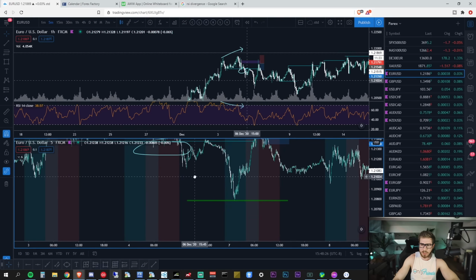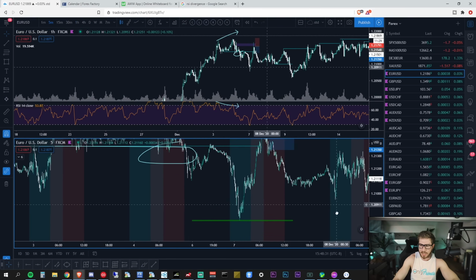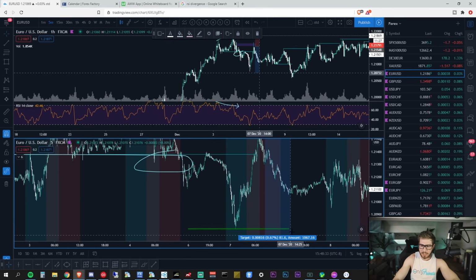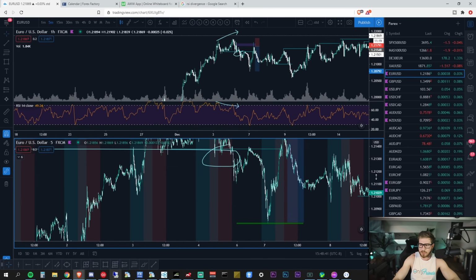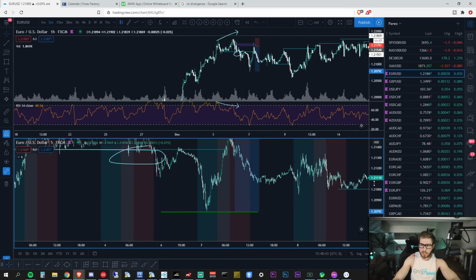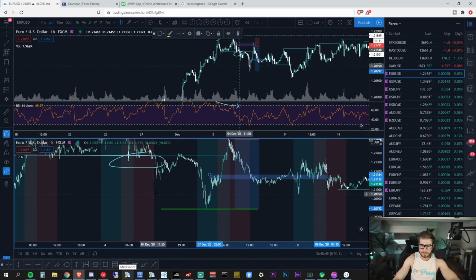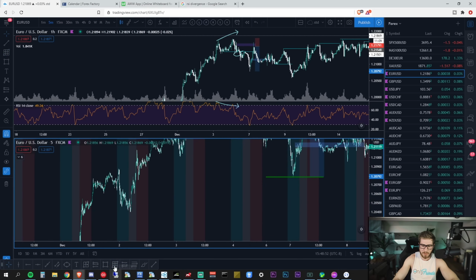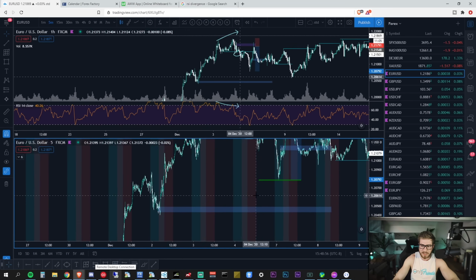And then for targets, we can target this first low here that I actually created, because that was a previous point where it was able to bounce off of. So most likely it's going to bounce off of that area relatively quickly again. You can also take profits along the way at other points where it bounced off, right? Another option would be right around here, and you could shoot right around here as well. So you could break that down into three take profits.